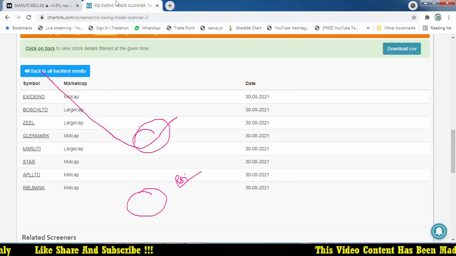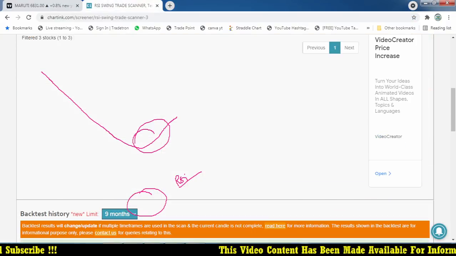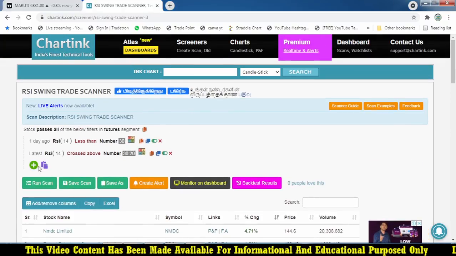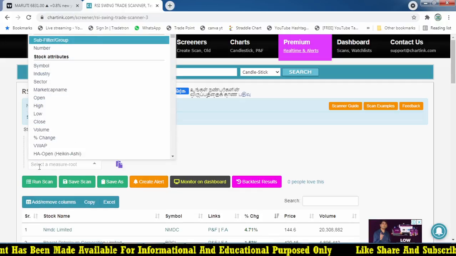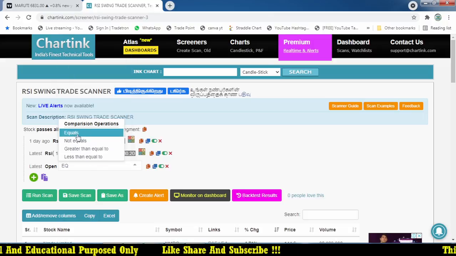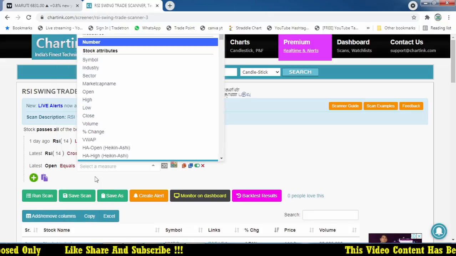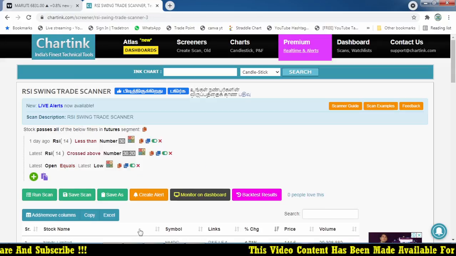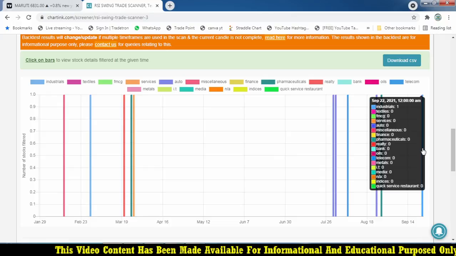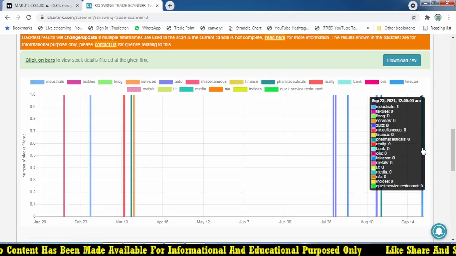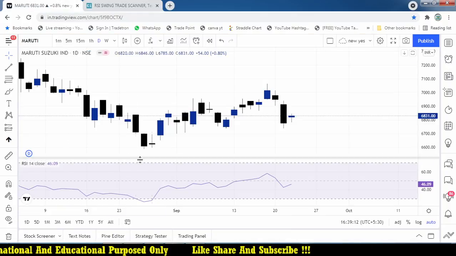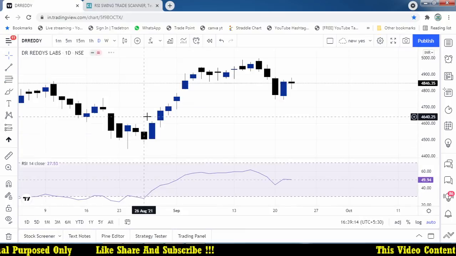And now I will tell you, and the same scanner I will change something. If the stock forms open low on the day, let's add a scanner. Let us open even more confirmation. Right, few stocks only today. What is that? BPCL, and 27th August, Dr. Reddy. Only few stocks to filter out very quality stocks.